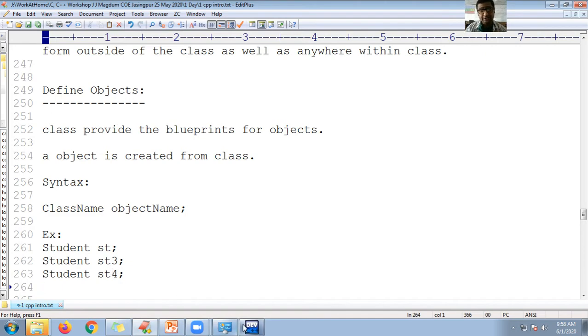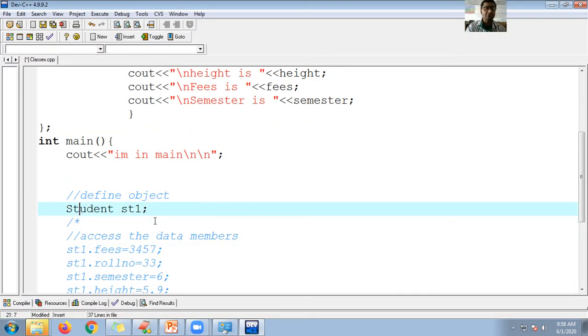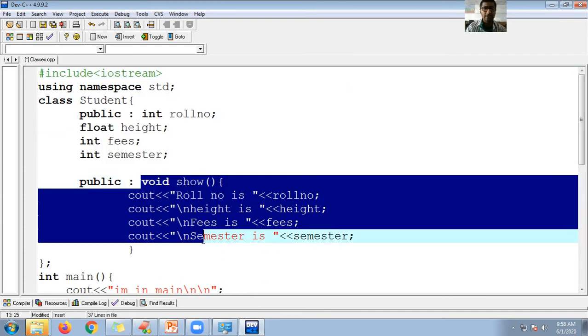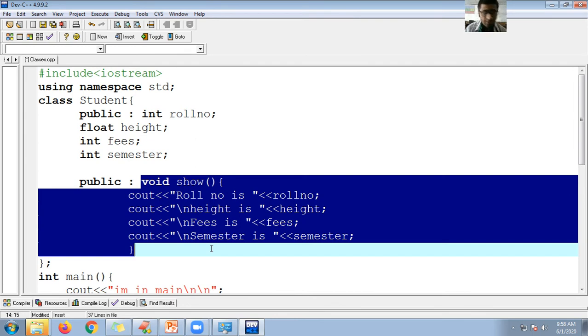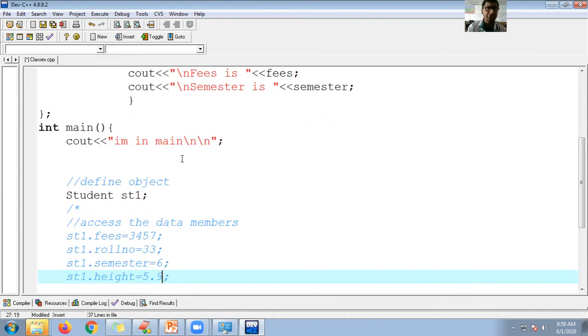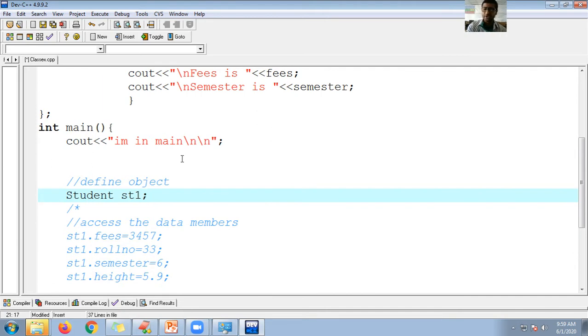Similarly, now I created the objects, guys. Once you create the objects, you are able to access those attributes, as well as this method also. If you don't create the object, you cannot access the instance properties of a class. So to access the instance attributes of a class, as well as the instance functions or methods of the class, you need to create the objects. So here I created the objects.